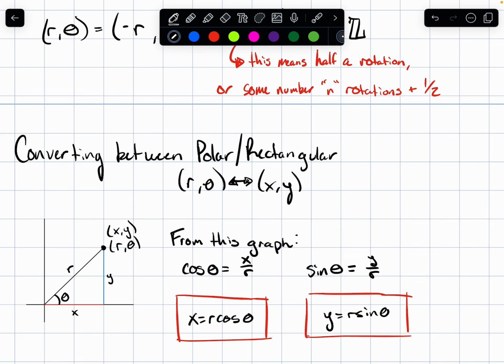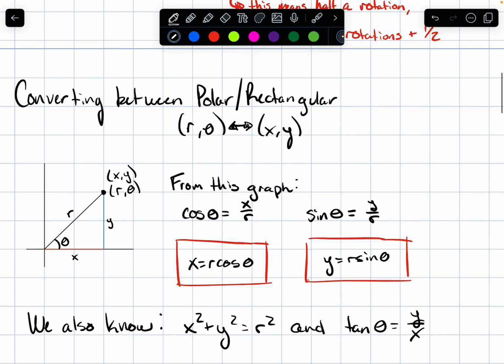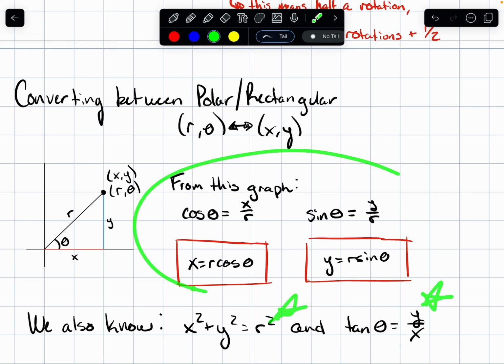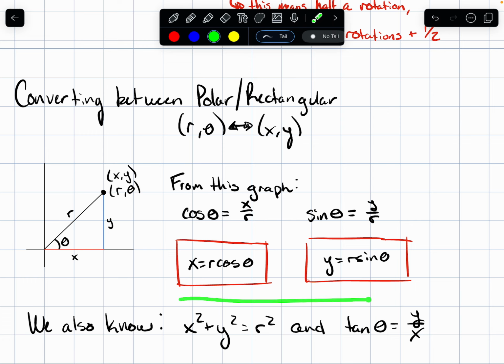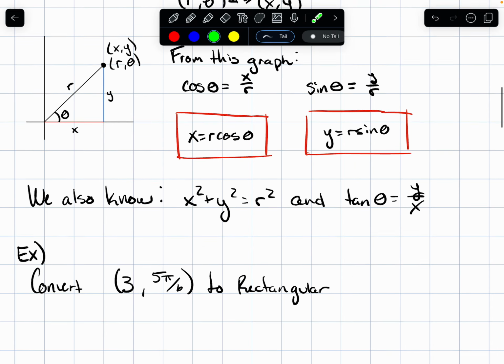What else can we gather from the graph is that in all cases, x squared plus y squared is going to equal r squared, and that tangent is equal to y over x, but we should already know these two things. The previous idea is a new idea that's going to become very important. And we're going to see what happens in half a second when we use these. So let's go ahead and